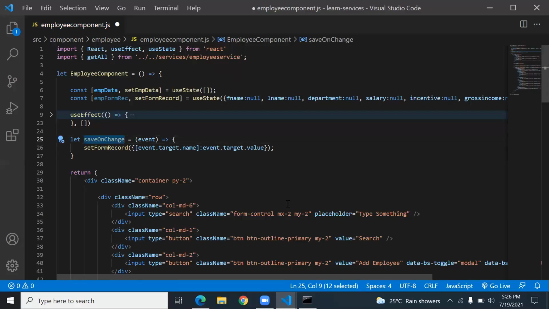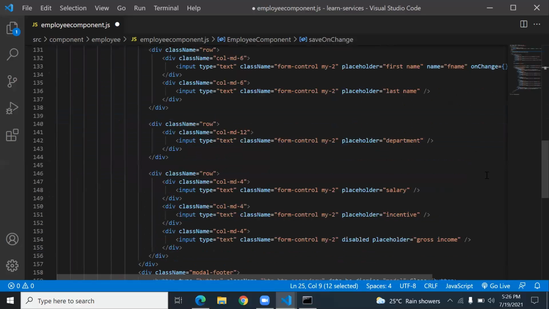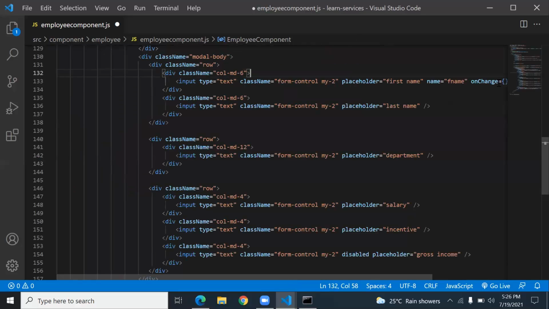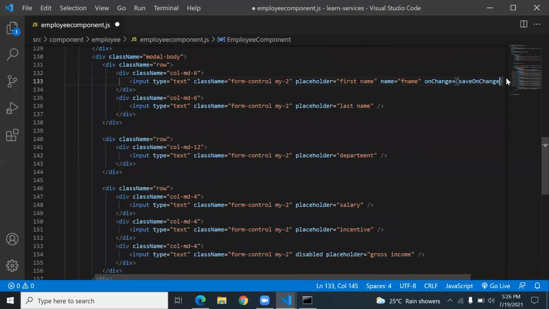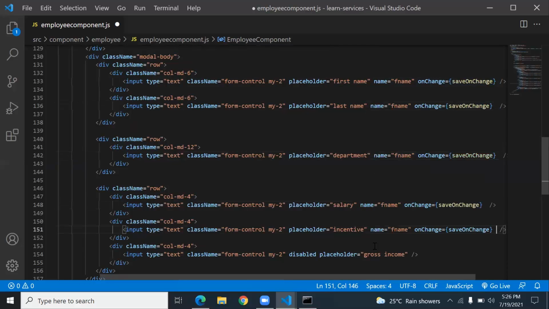Okay, I copy this and I call here save on change. I copy this part of the code and paste it to the remaining fields. So every time I call the same property.